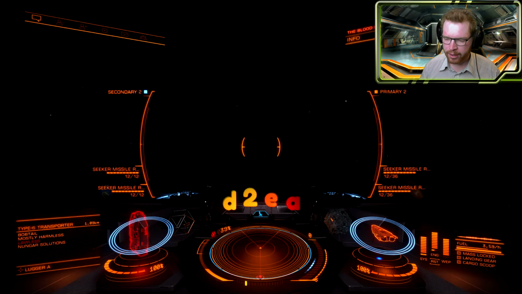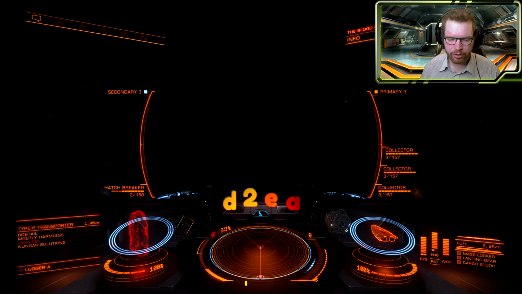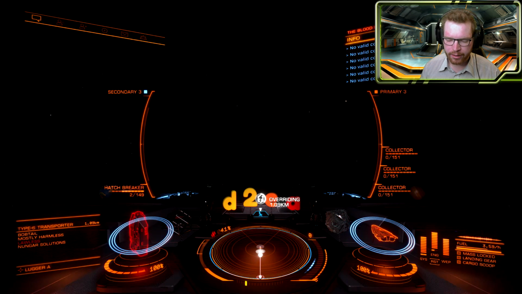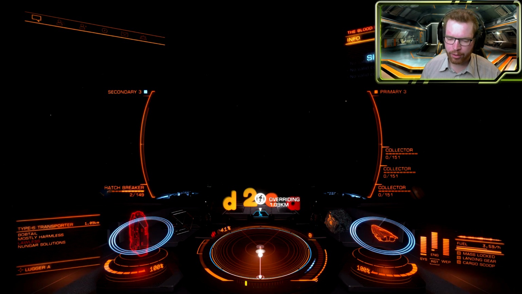And then we're going to launch a hatch breaker, and get some collectors out. There we go, more collectors. And the hatch breaker is now going to go down, and take his cargo. And as soon as you get the warning saying, there we go, target cargo dropped, you can fire off your next hatch breaker,